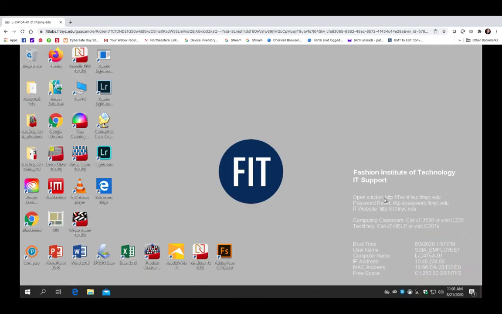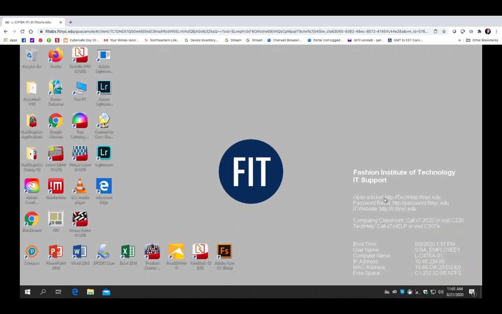5 minutes before the end of class, please make sure to have your students save their work, if applicable, and properly log out of the FIT Remote Lab so the next class can enter that room. You must sign out properly, or you may prevent other faculty or students from accessing these computers. Do not just close the browser tab.